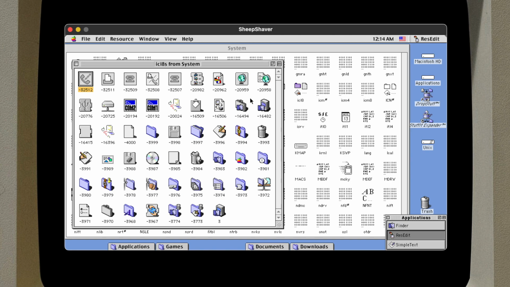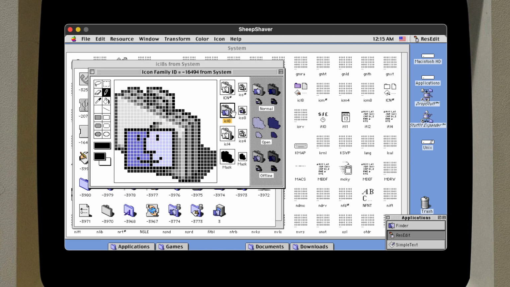So these are the large 8-bit icons. And if I open up one of these, here's the System Suitcase, and ResEdit actually goes and pulls the other icon resource types with the same ID. So we started with large icon 8-bit minus 16494, which is the System Suitcase icon. Icon list 16494 is the same icon, but in black and white. And there's also the 4-bit version, which they didn't actually make a 4-bit version, so it's just the black and